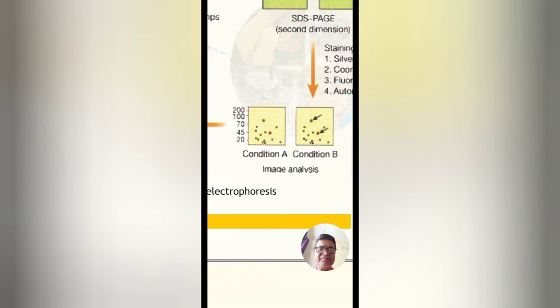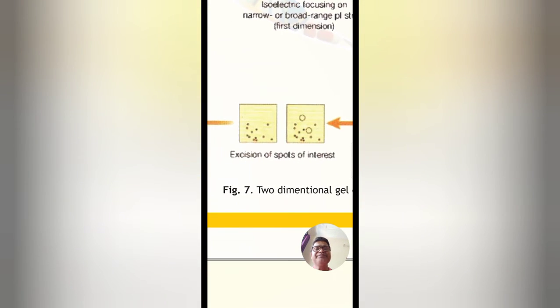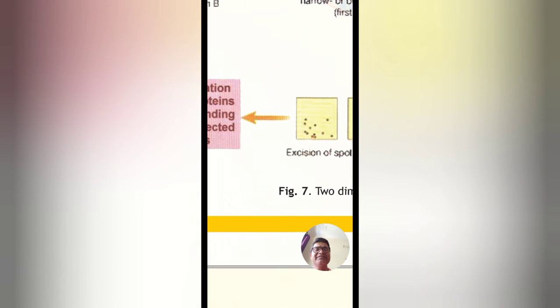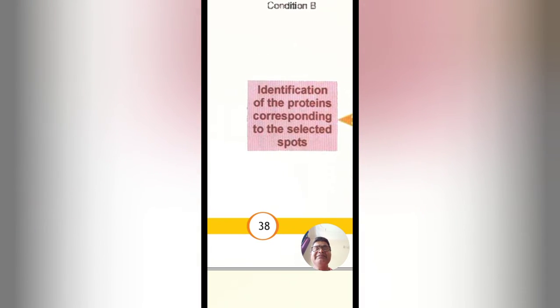So after sequencing with the help of bioinformatics tools, proteomics tools, with the known reference sample, we try to match the sample protein through the MALDI-TOF apparatus, and then we match the protein with the reference sample. Then we can conclude the sequencing of the protein, and then we will be able to identify the protein of interest, that is a novel protein that is not present in other samples.